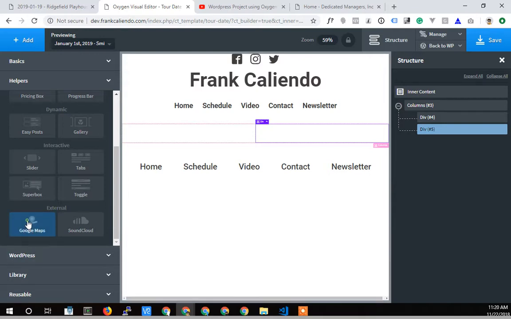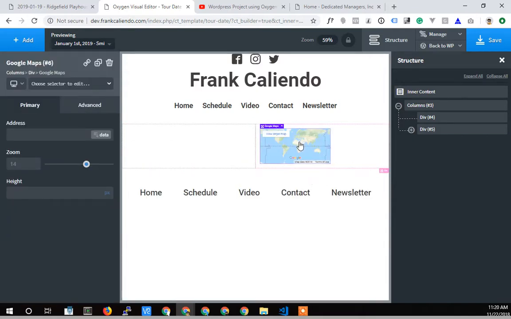Here it is. So I added the map, and interestingly, we need this map to load the tour venue information. We're on the tour schedule, so I can't get that yet. I actually have to write a custom plugin to go and get that information, because it's 2 levels down. We're on the tour date, so we can get the tour date information. We can get the name of the tour venue from this level, but we can't dig down into the venue and get the address, the Google Maps address